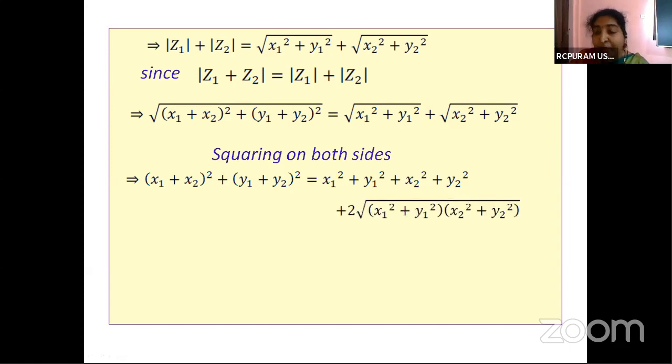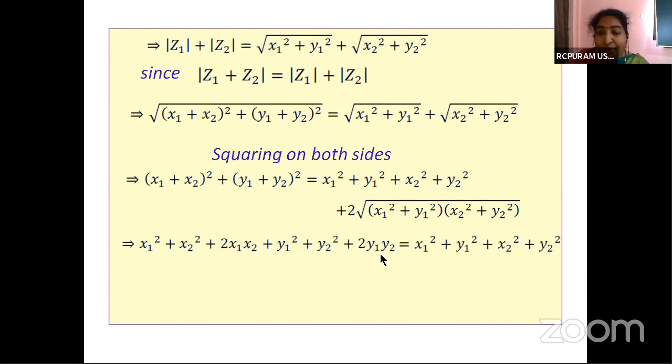So plus 2 into root of (x1 square plus y1 square) into (x2 square plus y2 square). Okay. Now, we will try to expand the terms on the left hand side first. You will have it as x1 square plus x2 square plus 2x1x2 plus, when you expand this, y1 square plus y2 square plus 2y1y2 is equal to, now these terms are not changing, we are writing it as it is,